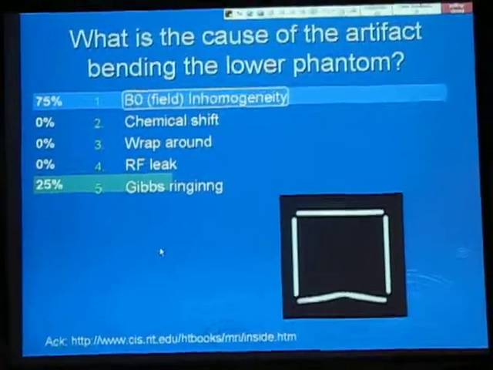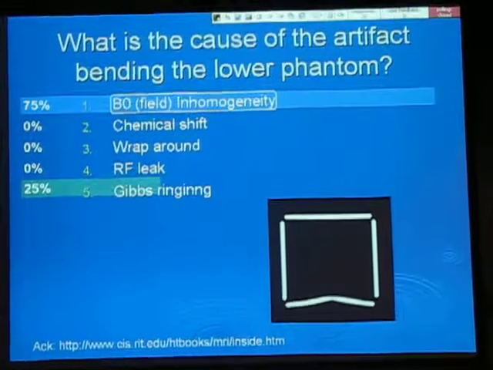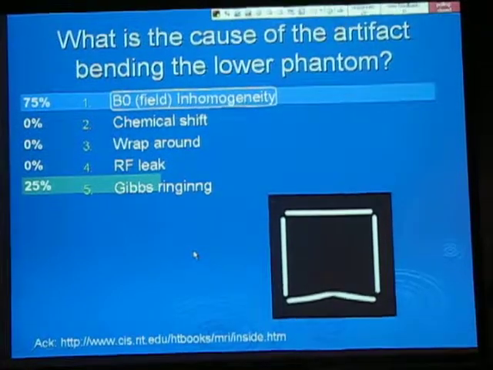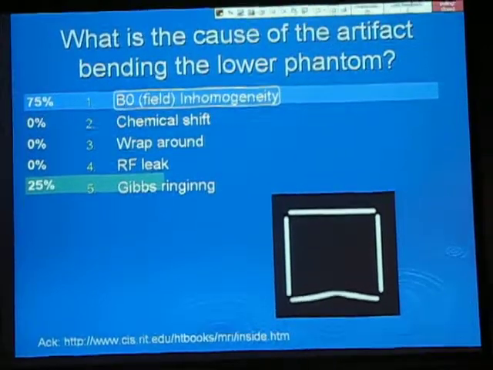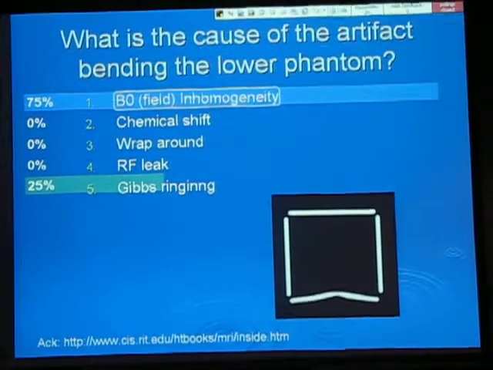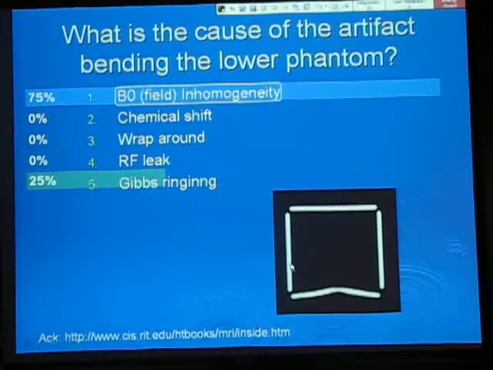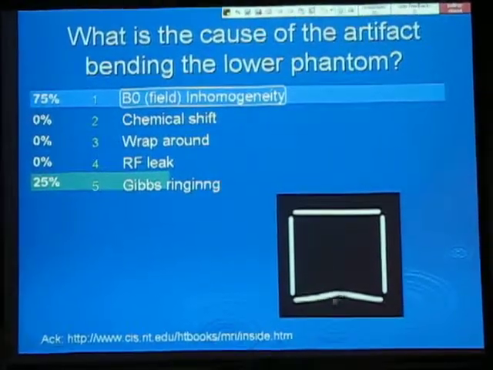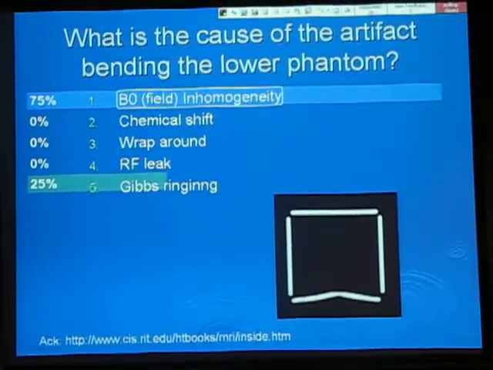The B0 field is the fixed magnetic field. And we're in a B0 field, the Earth's magnetic field, about 1/100,000 or 1/50,000 of the strength of the magnet's field. Remember the fundamental: how does magnetic resonance localize things? By controlling the magnetic field. So if the magnetic field is distorted, where you localize the signal to will also be distorted. You can imagine the magnetic field isn't 1.5 Tesla everywhere. It's a little stronger or weaker, and that distortion of the magnetic field will result in a distortion of the